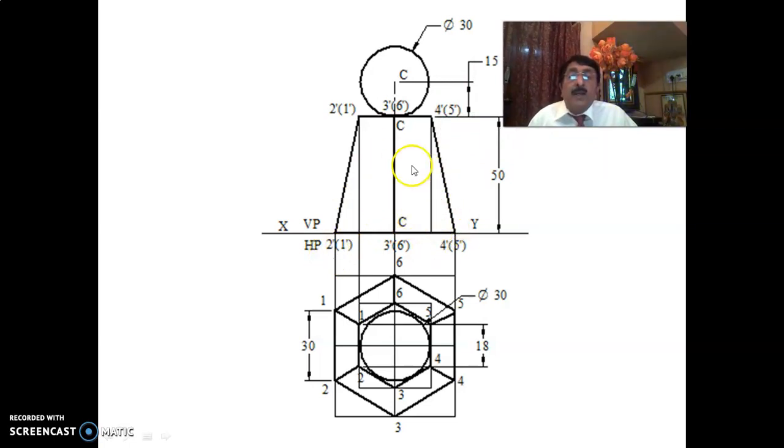First, the base solid. If you see here, a hexagon, another hexagon in the top. That means the bottom hexagon is 30, the top hexagon is 18, and the height is 50. Looking at this, you immediately know it is a frustum of hexagonal pyramid: bottom hexagon 30, top hexagon 18, and height 50. See here, it is resting on its bottom hexagonal surface on HP. And over this you have a